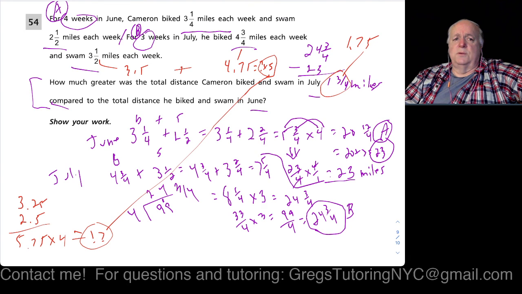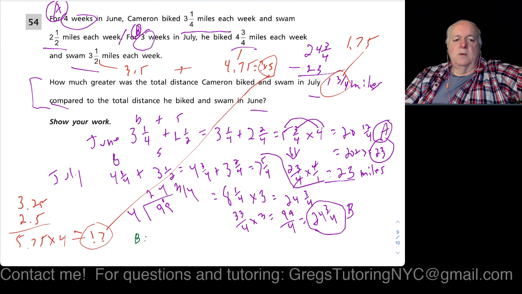There's still another way to do this. Which is that if we take, let's use dark green here. If we only work from the biking first. So he bikes 3 1/4 times 4 in June plus 4 3/4